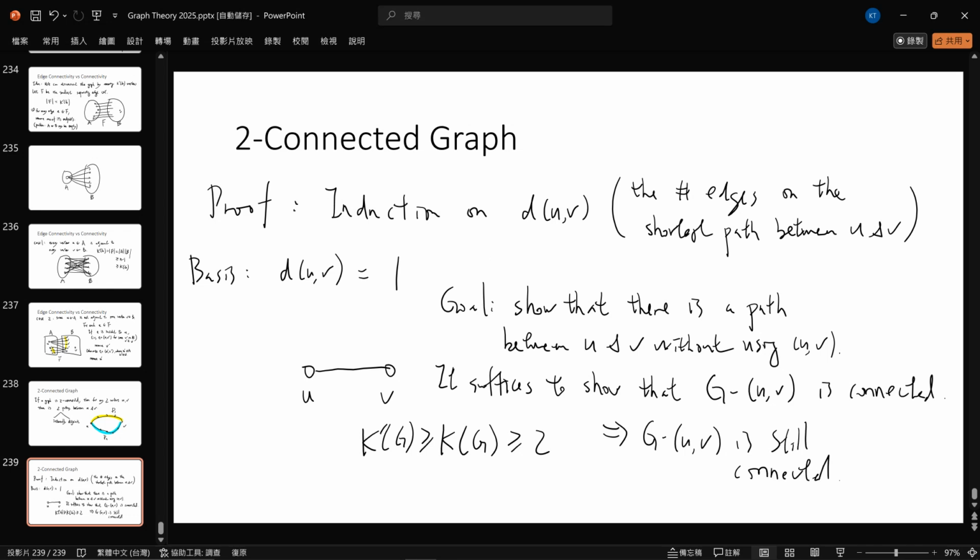Okay, so that's it. This is the proof for the induction basis, where we consider U and V are really, really close. They are actually neighbors. In this case, one of the two internally disjoint paths is just the edge, and all we have to do is to find another path. Okay, 这个 basis 有问题吗？